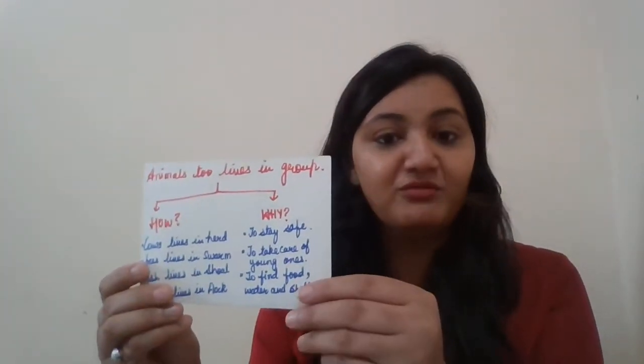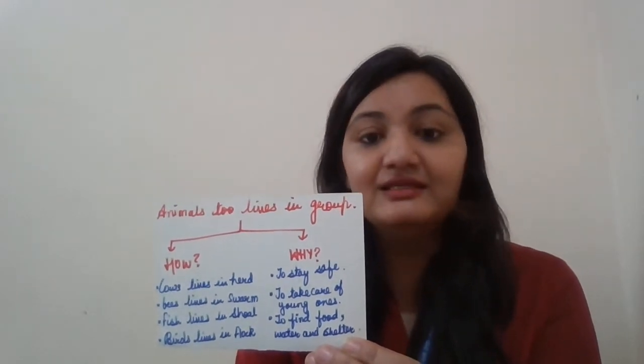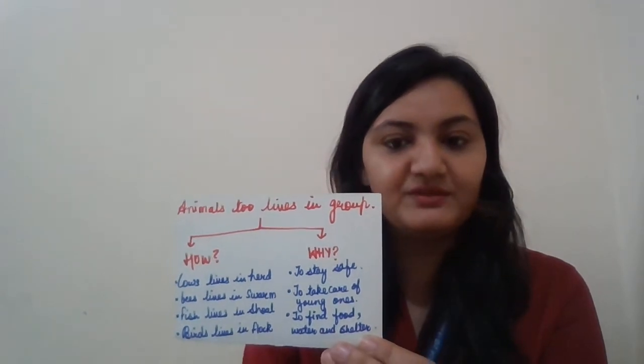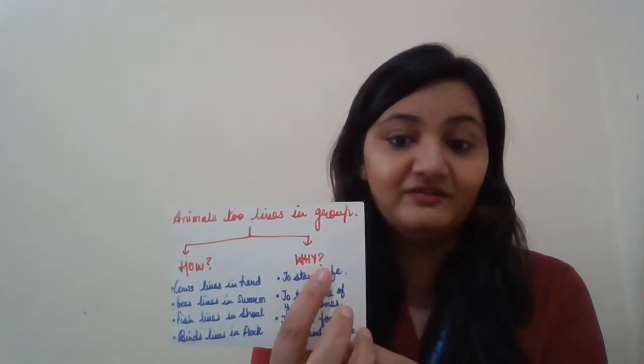Today in our EVS class 4 video, we are going to discuss animals, our friends. We are going to discuss most of the things which are very interesting and exciting in the world of animals. So let's get started. Ma'am is having a slide to show you in the form of a flow chart about how animals live in a group. Animals are majorly seen in groups, and now we have to discuss how they live in a group and why they live in a group.